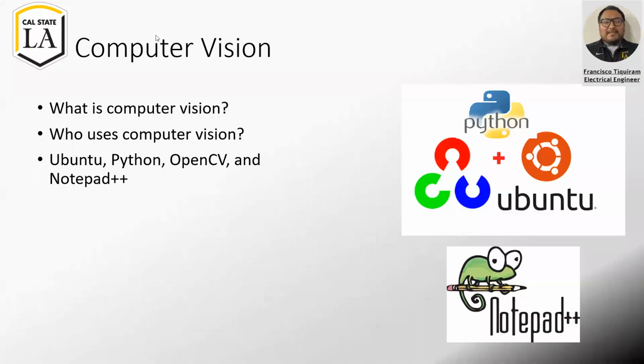Hello, my name is Francisco Tiquiram, and I'll introduce you guys to computer vision. Computer vision is a form of teaching a computer or robot how to identify images and video from a camera, such as a webcam. Companies such as Postmates, DoorDash, Amazon, and many others are researching and applying this form of technology to help humanity,